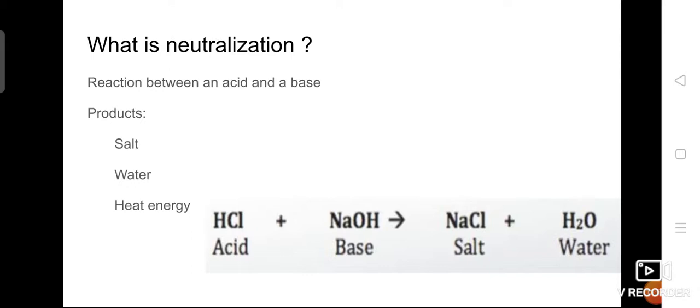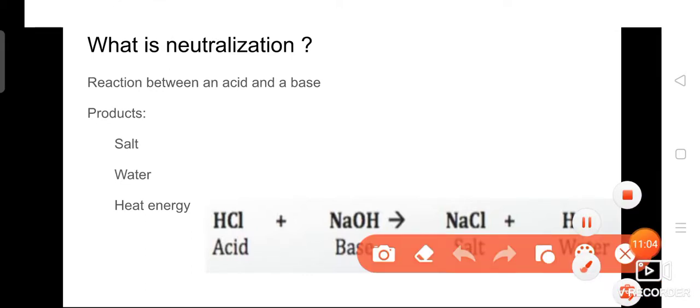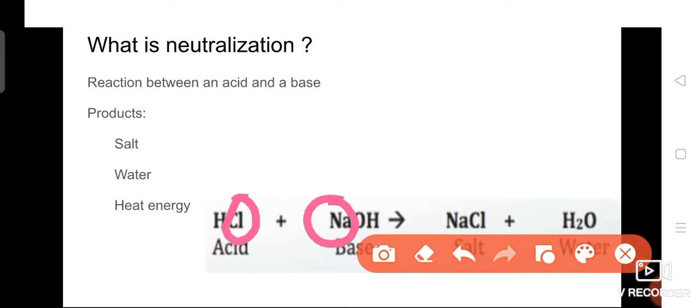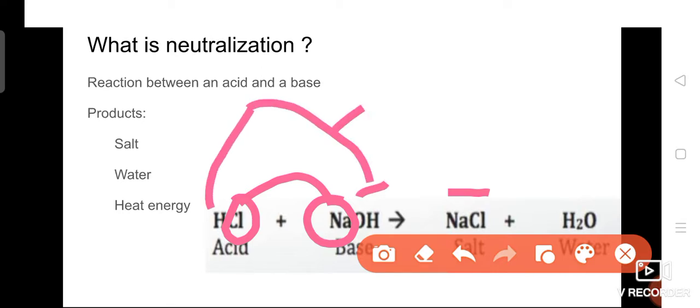NaCl. This is an acid, so from the acid, chlorine, and from the base, Na. So this NaCl is formed here. The remaining H and OH join together to form H2O. Have you all clear? When hydrochloric acid HCl and sodium hydroxide NaOH react with each other, NaCl, that is called